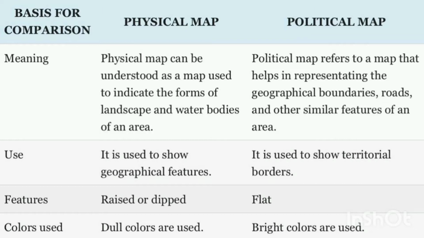So you can tell the pink color state or the blue color state or the red color, whatever color you want to give, you can give. There is no hard and fast rule in a political map to give the colors, but for a physical map they have given you colors which you have to use the same. So whenever you have to show the mountain, you have to show the brown one. Whenever you have to show the plains, you have to show the green one. Plateau, it is brownish yellow. And when it is water, it is always blue color.